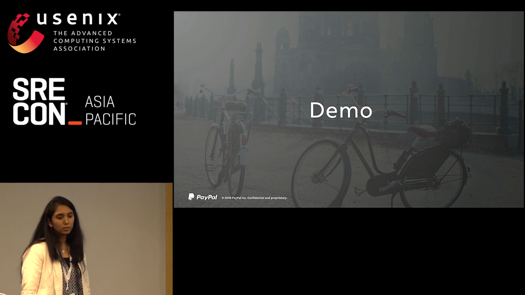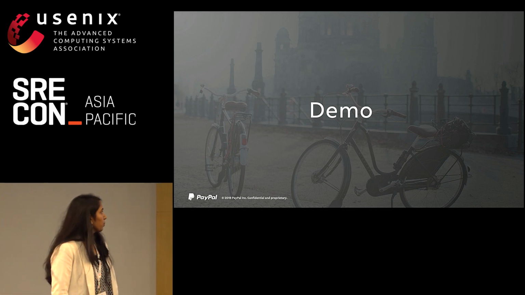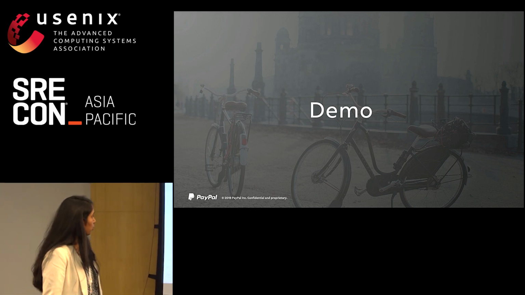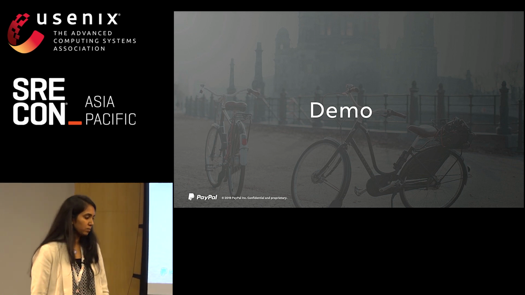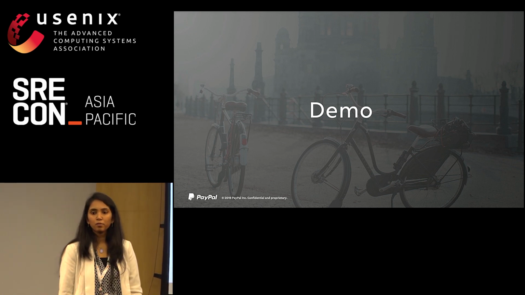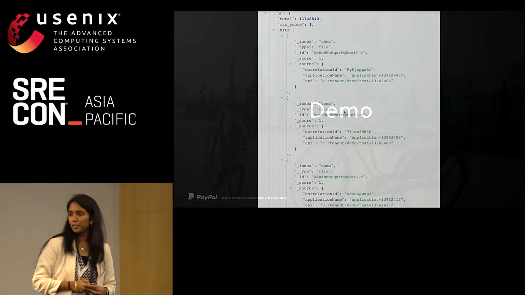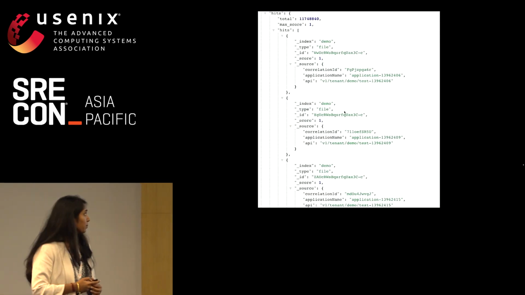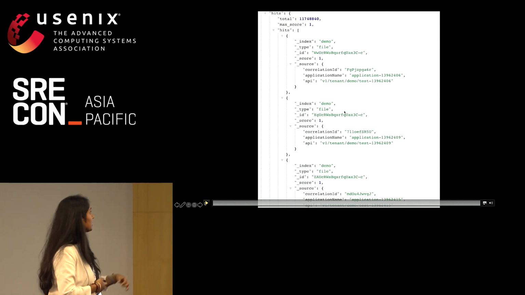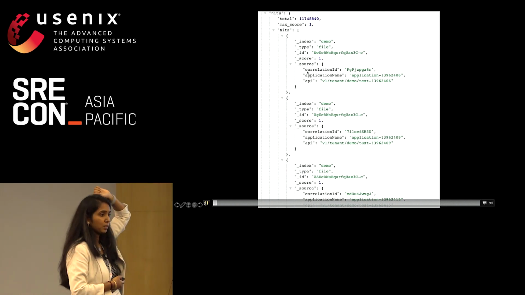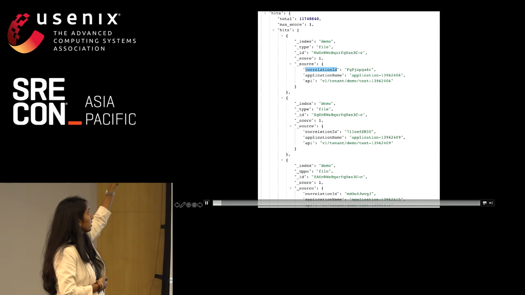Now let's look into the demo part. Let me give a little bit of overview about what you will be seeing here. Everyone should be aware of the concept of correlation ID, I guess. That is the one that would let you stitch multiple transactions together. In this case, it is just a sample. I have populated some sample data in our test environment.